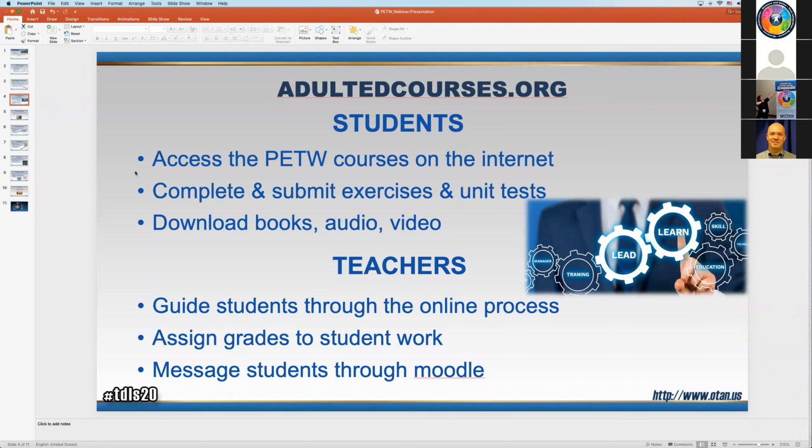And from the teacher's point of view, what you're going to have to do to guide your students through the online process, how you assign grades, how you review student work, how you communicate with your students through Moodle. Okay, so let's get started.